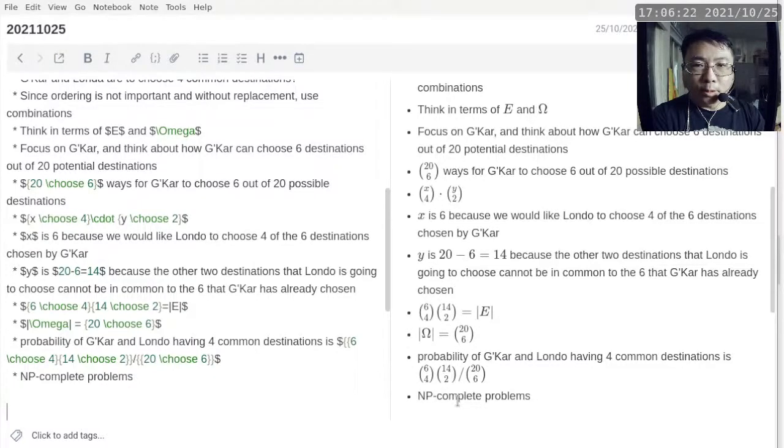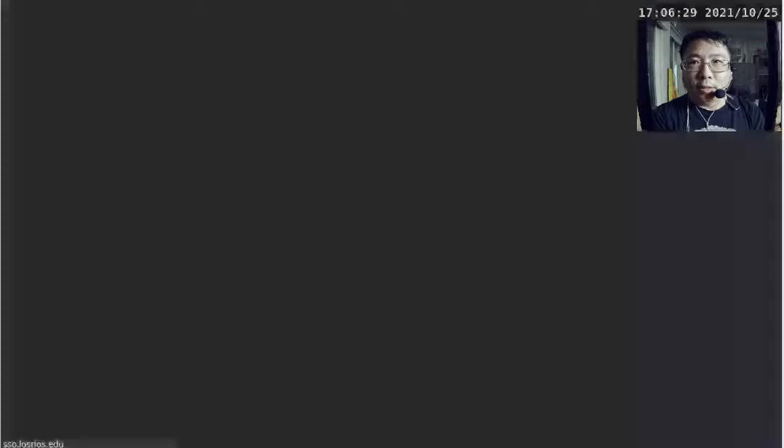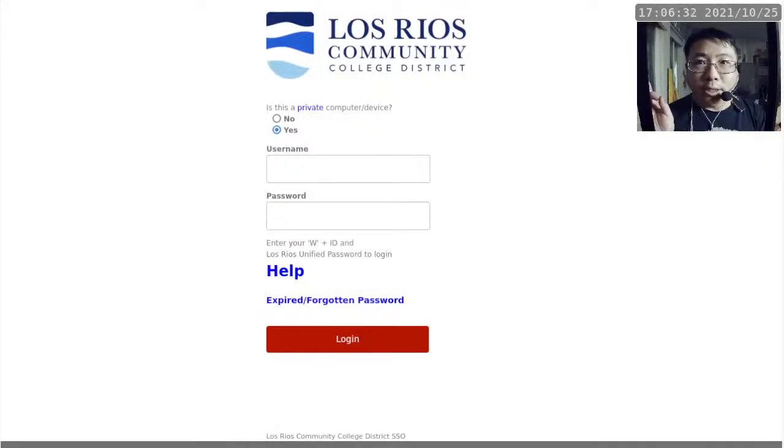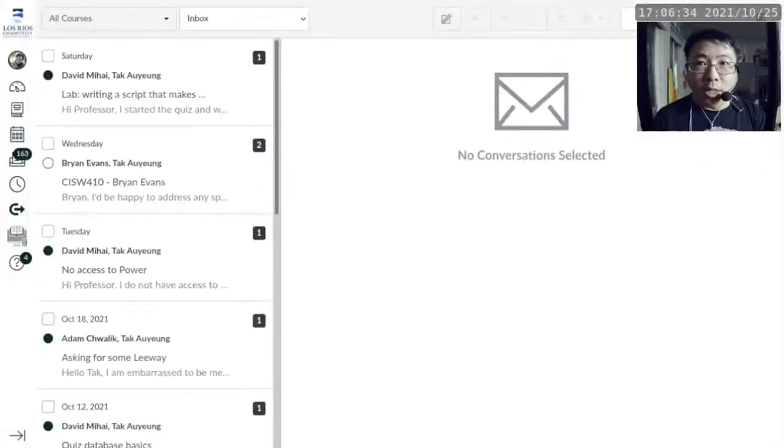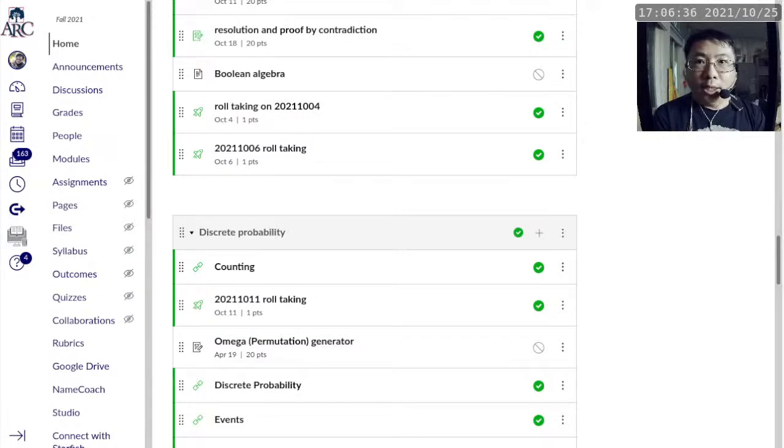So with this done, oh right, I also released a homework for relations. That one is actually quite useful. Come to think about it, I think this is actually the right time to do it because we have the